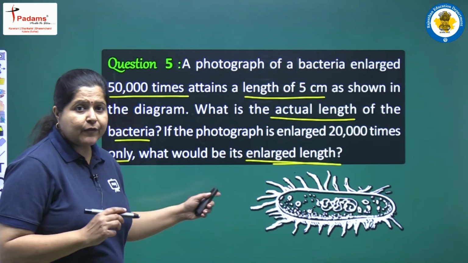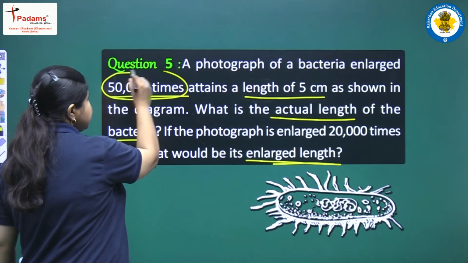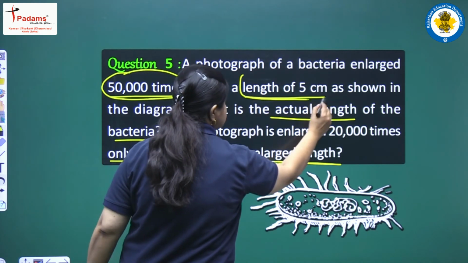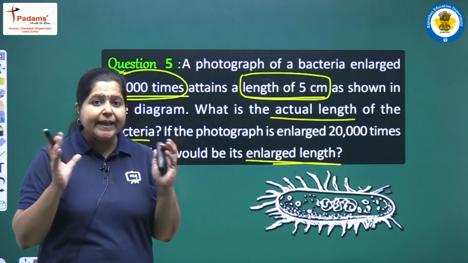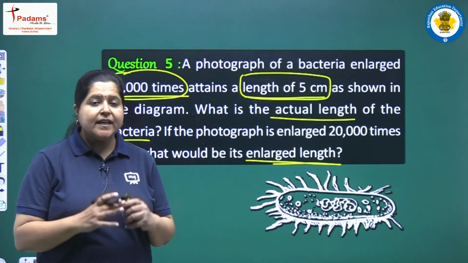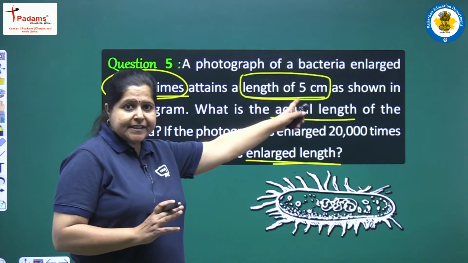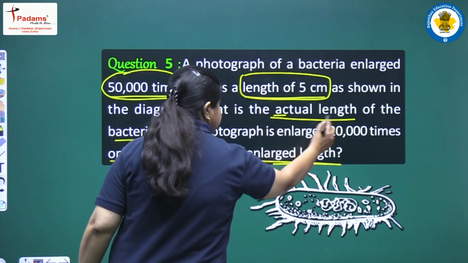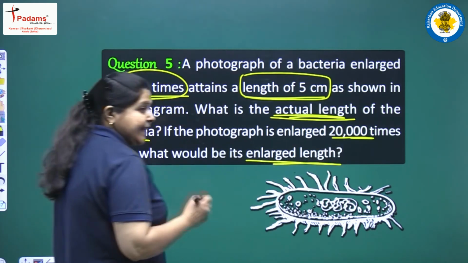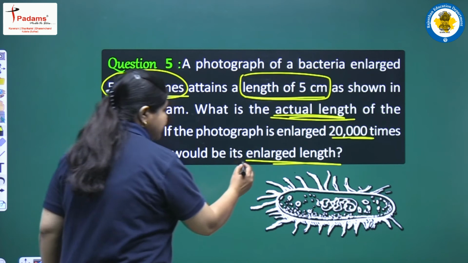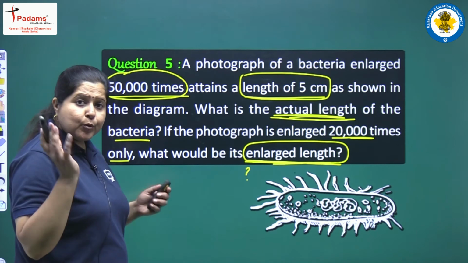Now here one photograph of the bacteria is shown, and if it is enlarged 50,000 times, then the length of the bacteria, it turns out to be 5 centimeter. जब यहाँ फोटोग्राफ ऑफ बैक्टीरिया इसको एनलार्ज करके देखा जाता है 50,000 टाइम्स, जूम इन करके देखा जाता है, तब जो लेंथ ऑफ बैक्टीरिया है वो दिखाई देती है 5 सेंटीमीटर। हमसे पूछा गया है एक्चुअल लेंथ ऑफ द बैक्टीरिया कितनी है, और फिर पूछा गया है कि अगर सिर्फ 20,000 टाइम्स ही एनलार्ज किया जाए, ऐसे में जो एनलार्ज्ड लेंथ होगी बैक्टीरिया की वो कितनी होगी। दिस इज़ द क्वेश्चन।